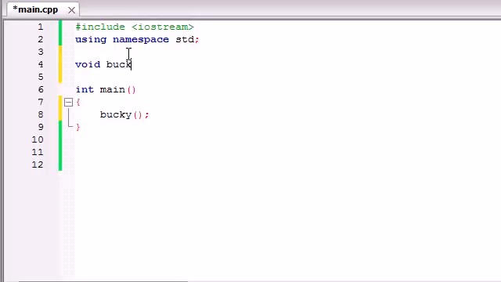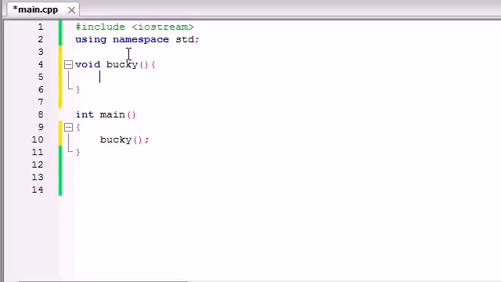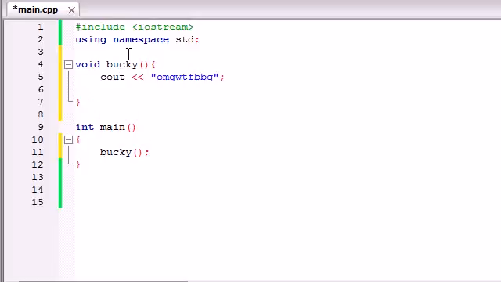Say we had a function called Bucky, and all it did was print something out on the screen like cout. Let's print out something stupid: OMG, WTF, BBQ. Oh my god, WTF, barbecue. And then it went ahead and called the function again. So now you'd say, alright, we're going to run main first, and main's